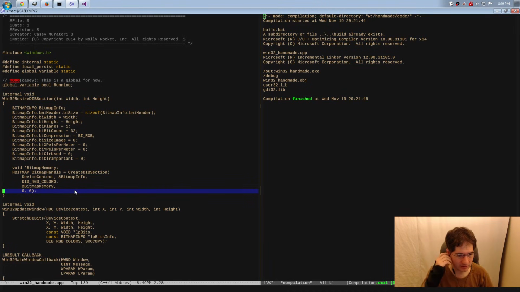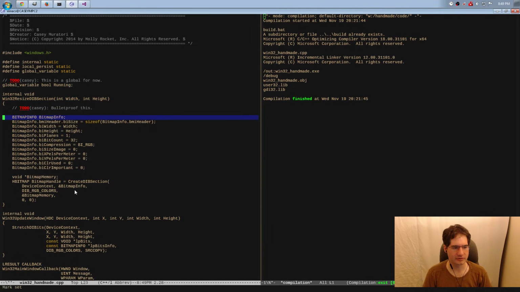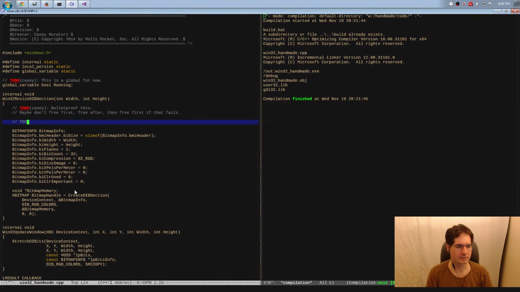So maybe the other thing we could do is if it fails, yeah, this is hard. So you know what? We're going to put a to-do here, and we're going to say bulletproof this, and we're actually going to just do a straight up free first. So basically what we'll say is bulletproof this, maybe don't free first, free after, then free first if that fails. Maybe we'll give that a shot a little bit later just to be a little more resilient depending on these circumstances. Okay, so what we're going to do here is basically right here we will free it,